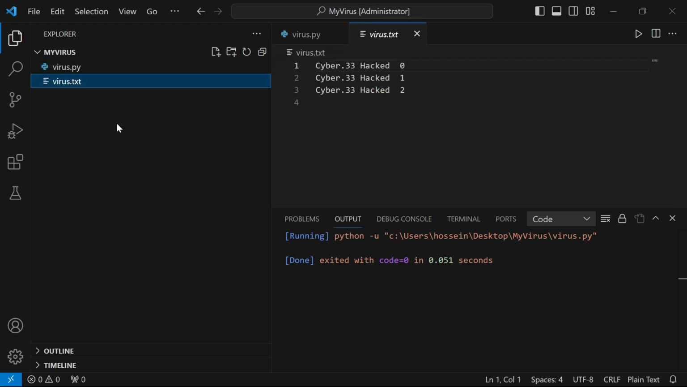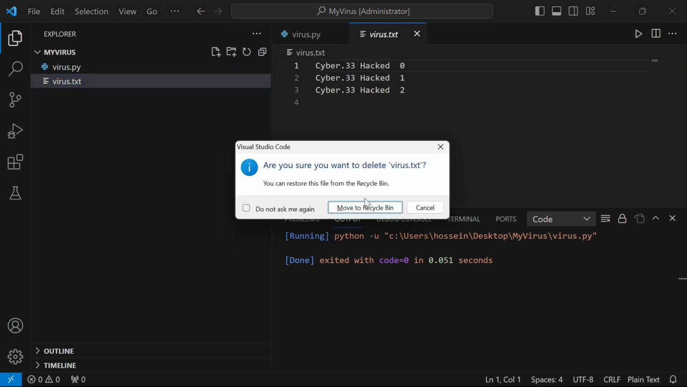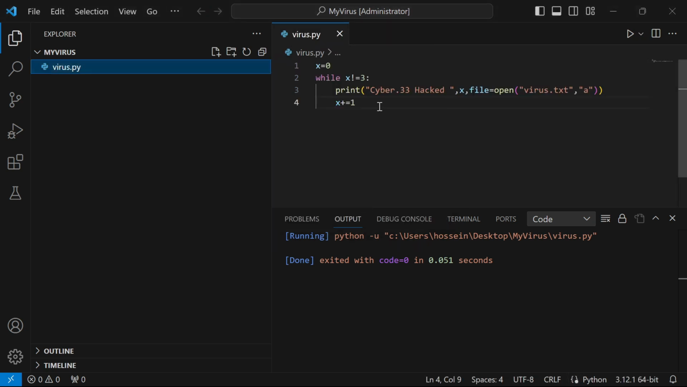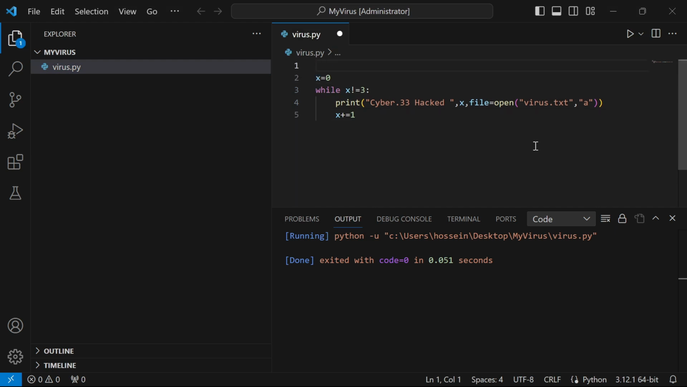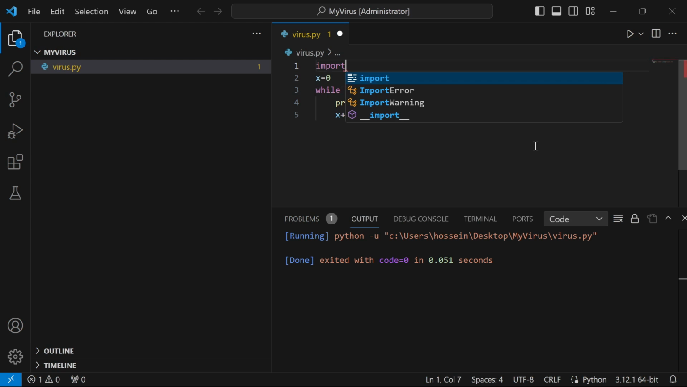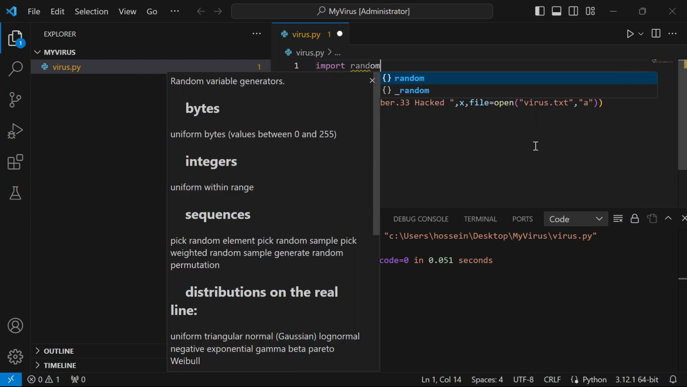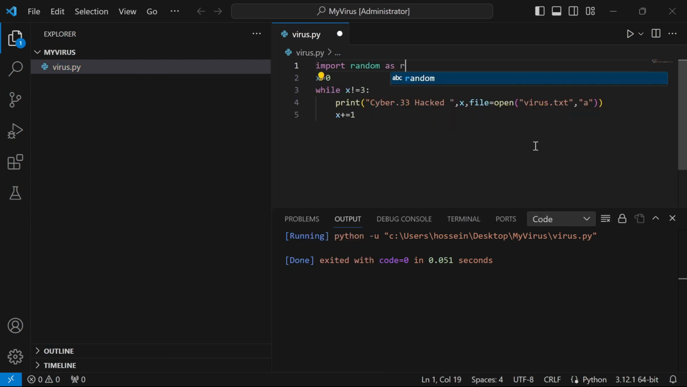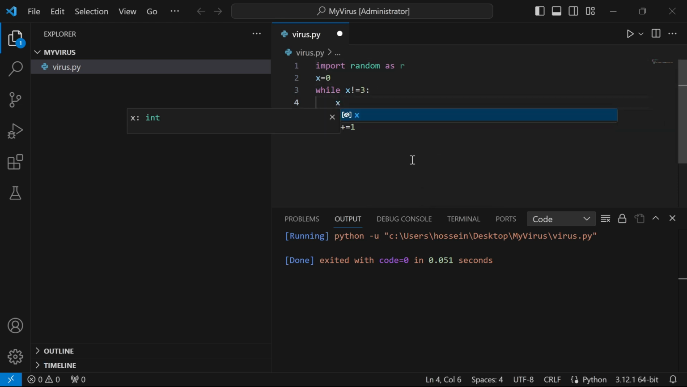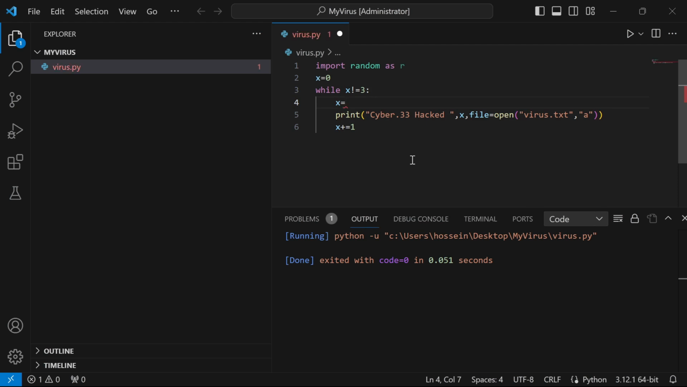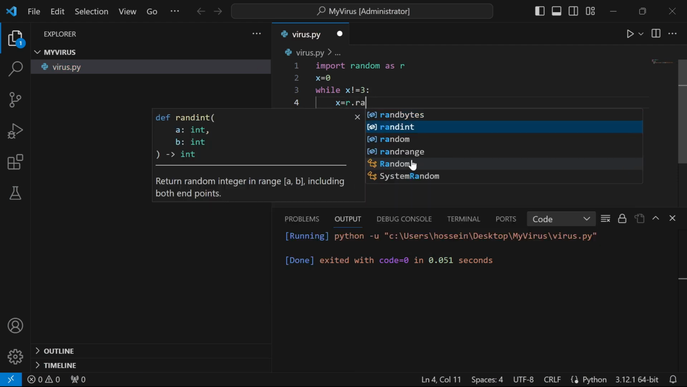In order to calculate, we use CPU. In order to read and write a file, we use RAM and disk. We need a new library called random, so import random as R. We're gonna write some calculation here to make it more complicated for CPU. Hex equals R dot random